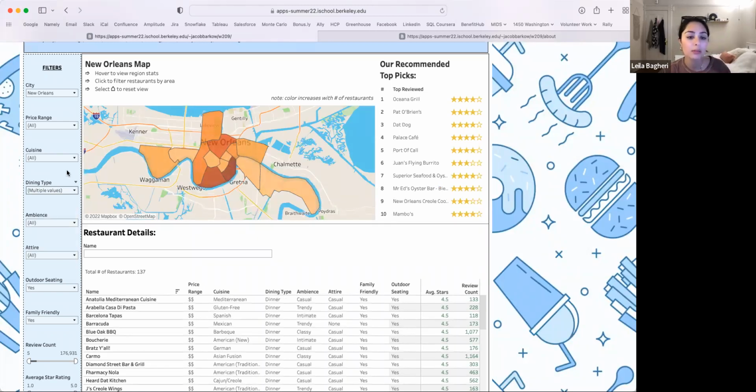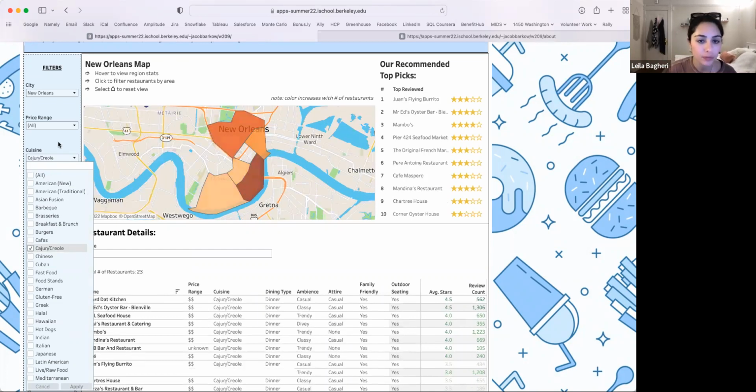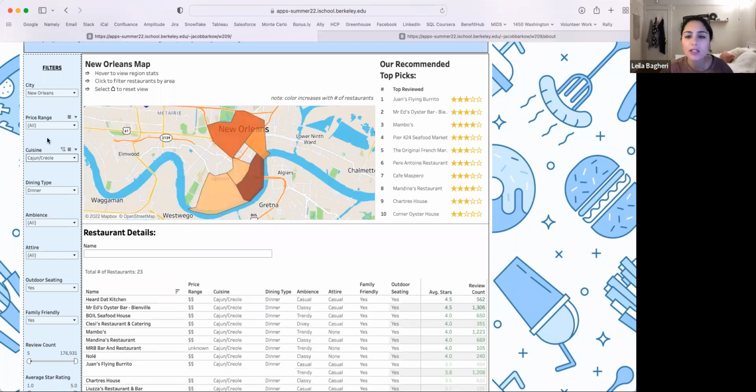And then let's say that, okay, we're in New Orleans, we want to have some Cajun Creole food, kind of live for, have a New Orleans moment there. So we'll click on Cajun Creole and have that be our only option for cuisine, since that's what we're feeling. Okay, perfect. That's pretty much all the specifications that I want for this example,